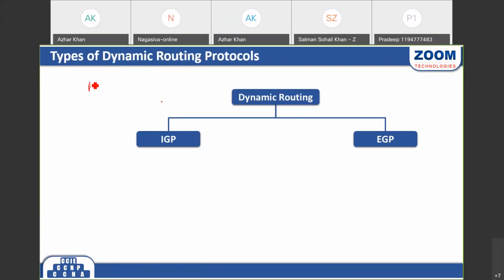What is the autonomous system? AS, autonomous system, is nothing but a group of routers. It is represented by some numbers, provided by IANA, Internet Assigned Numbers Authority. So within the autonomous system number, for example, to communicate